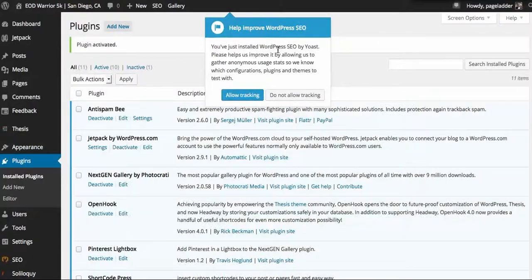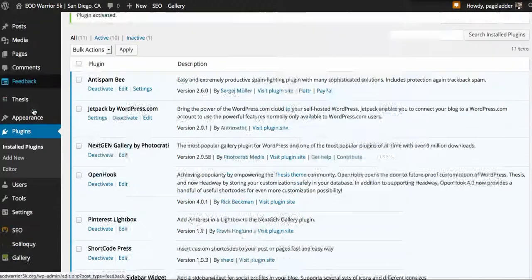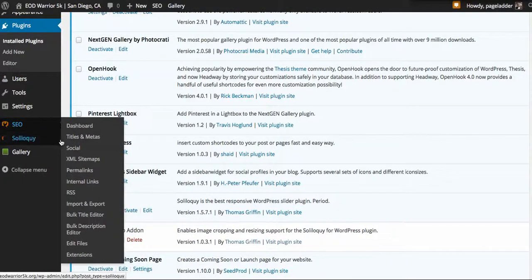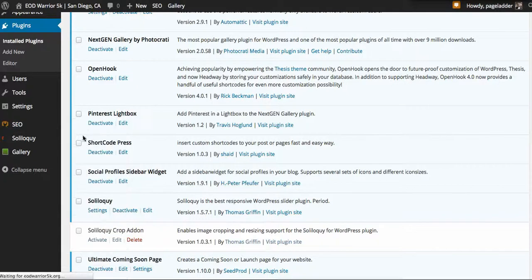It comes pretty well set up. It asks you if you want to track. You can allow or not allow that. It's not going to hurt you either way. I usually don't allow it, but so then this is the plugin down here, and there's just a few default settings, and what I'm going to tell you here is to be taken with a grain of salt,